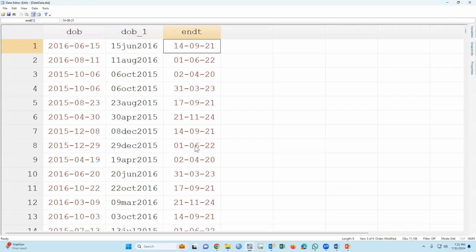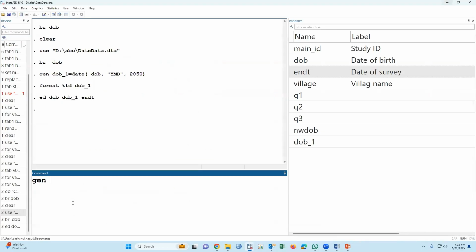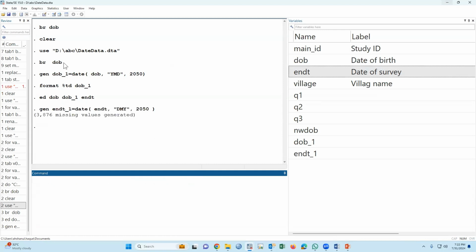And please see that the format is day, month, year. This format was year, month, day, but this format is day, month, year based on our questionnaire or our data collection tool. So we have to convert like Jane underscore 1 is equal to date, this variable, so comma, within inverted comma, day, month, year, inverted comma, close, 2050. If we press enter, sorry,